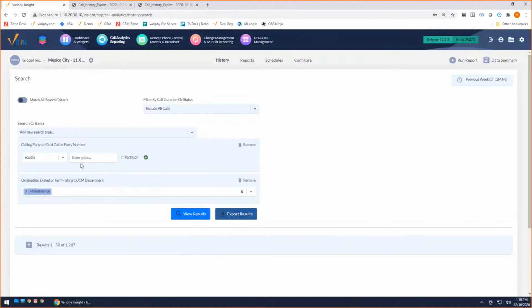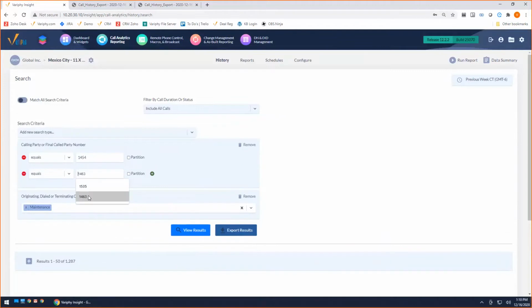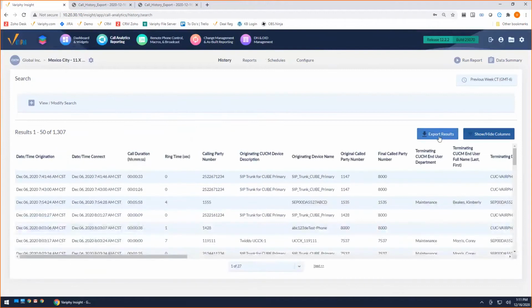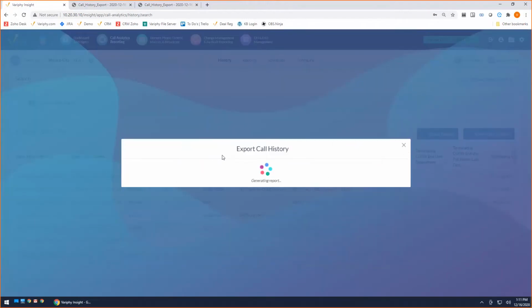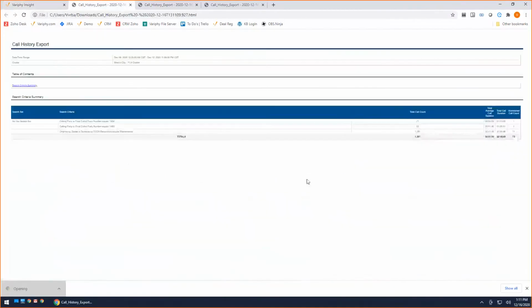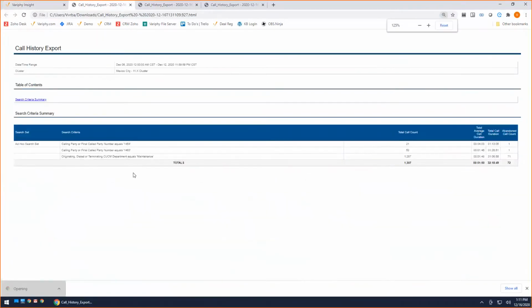Now I'm going to basically see, we'll pick on this guy, and we'll pick on this guy over here. Because I do not have this checked, it's going to bring me back information for both of these users, but also bring me back information for my maintenance department, and then it's going to also summarize that information. So let's take a quick peek at that. What you're seeing is exactly what I asked it for. I said, don't match all my criteria. I want to see the information for this guy, as well as this guy, and then I want a total